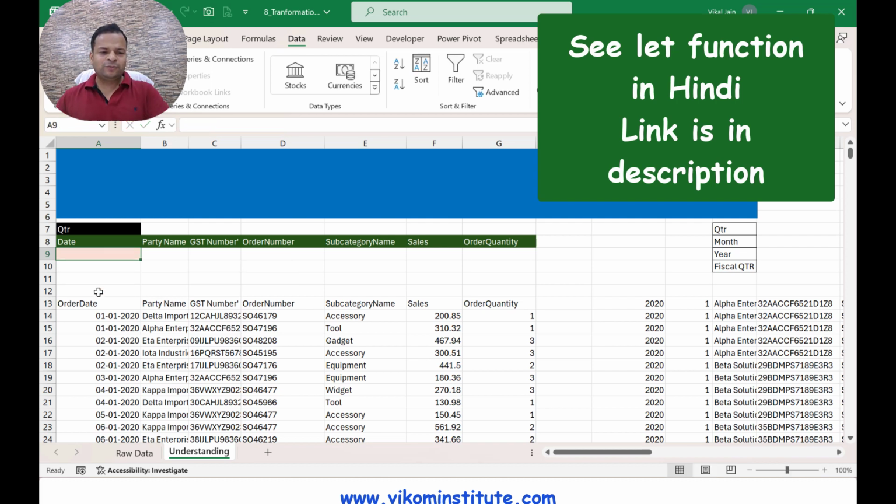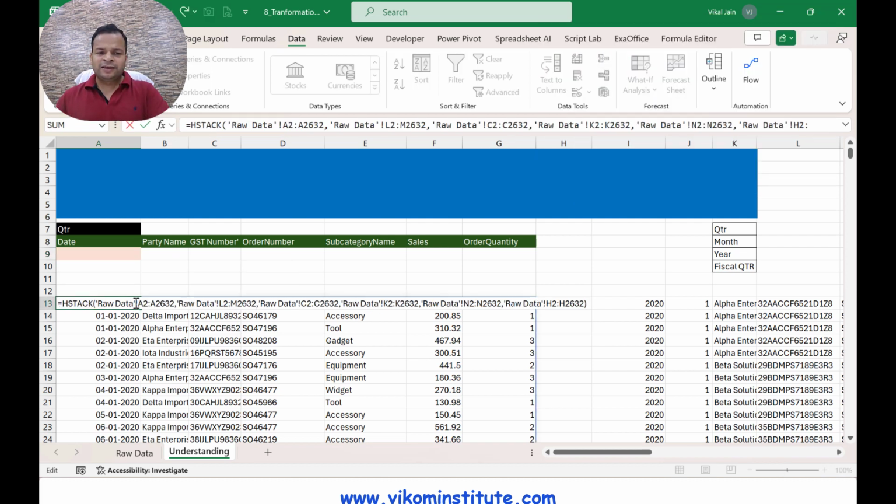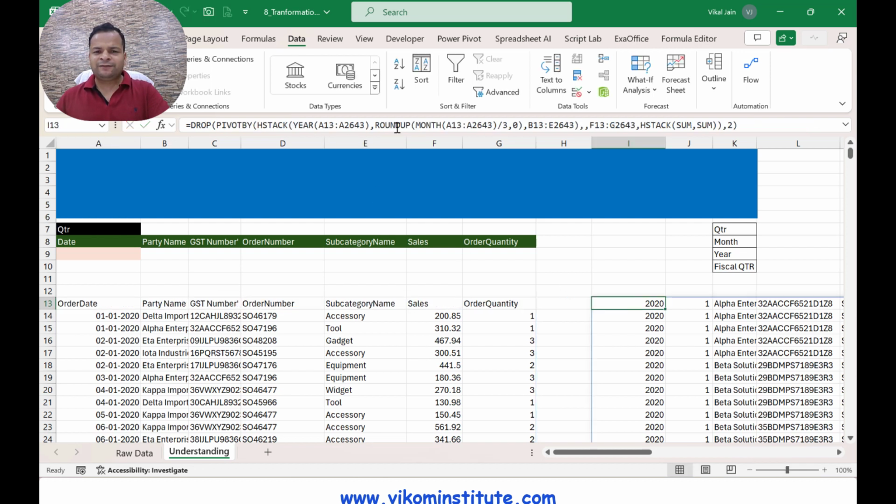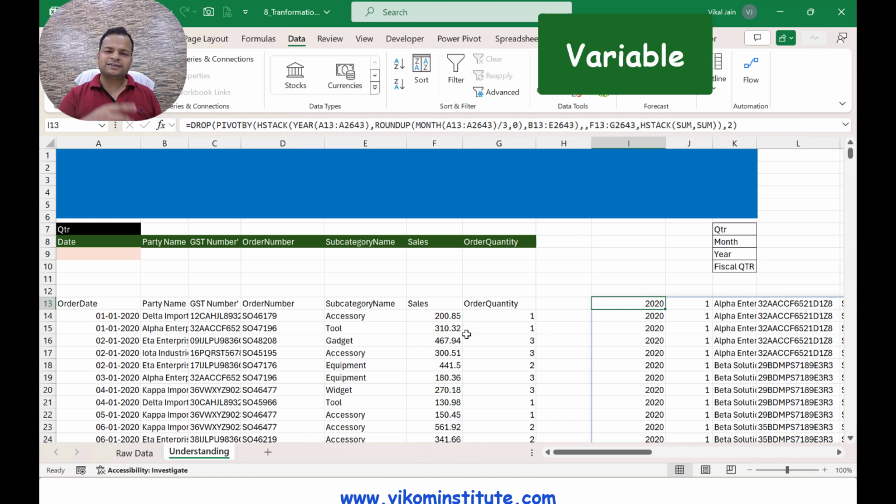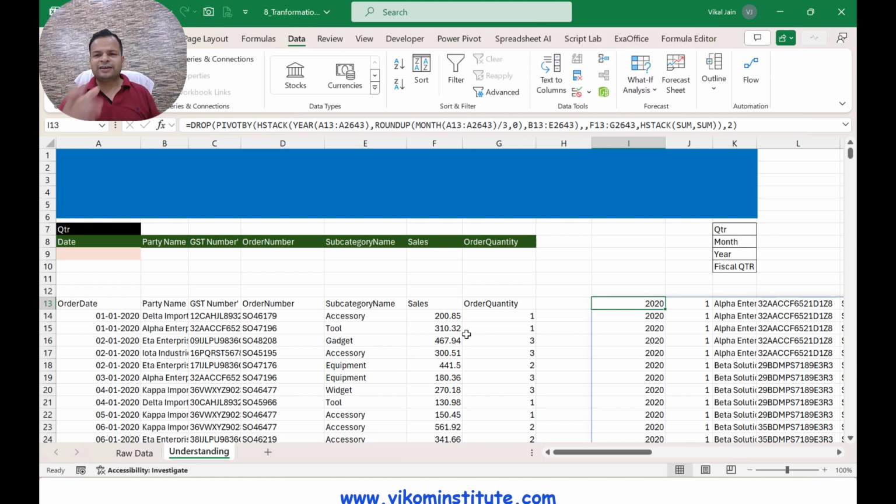If you see the arguments of this one, we have taken so many ranges, and in this case again we have taken so many ranges. I don't want the ranges again and again, so I am simply going to convert these ranges into variables. If you are treating your ranges as variables, then you can use the LET function. So it is going to presume your ranges as variables. So I'm going to use the LET function now.